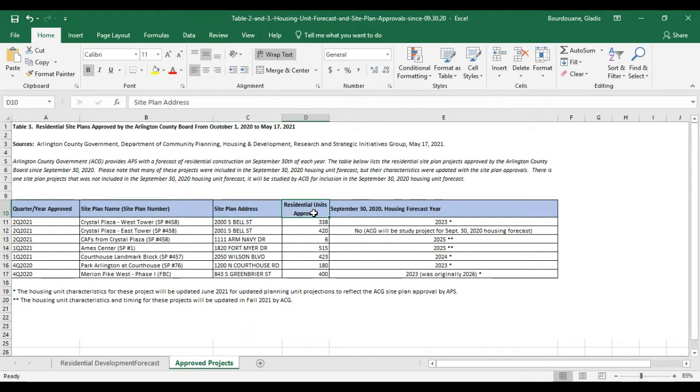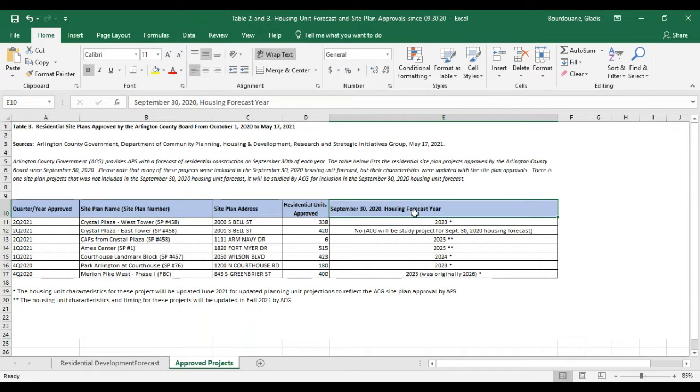Column D is the residential units approved, and that's not net new, it's just the number of units that were approved. And again, we rely on the county to provide us with that net difference. For this data, they have not provided that. And then the last field, column E,